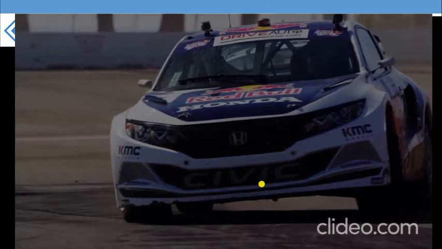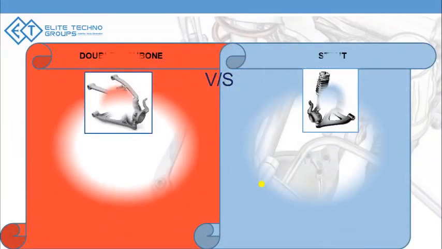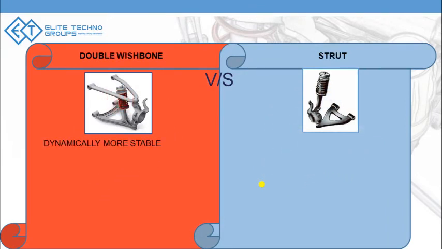your car. So what exactly is the difference between the double wishbone suspension and a strut suspension? A double wishbone suspension is dynamically more stable because of the degrees of freedom and the kinematics built into the system, with the upper arm also taking the curve in its own way. Strut is stable but rigid, and the reason it's rigid is because the damper is directly attached to the top of the knuckle, so you don't get the camber gain.